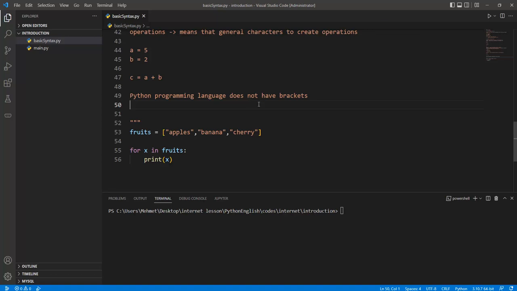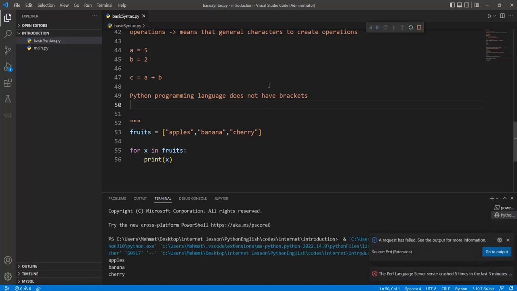And then if we run this code, we don't need to use